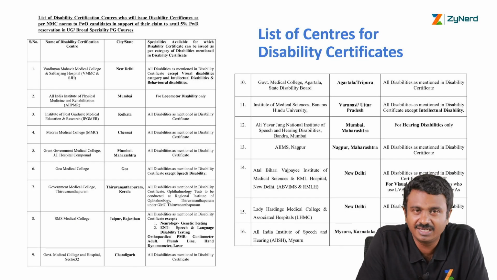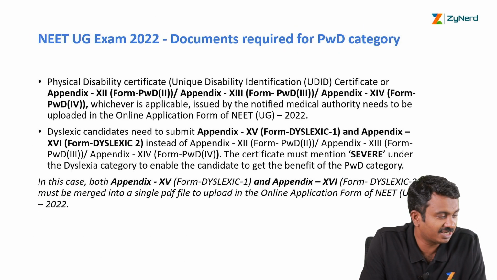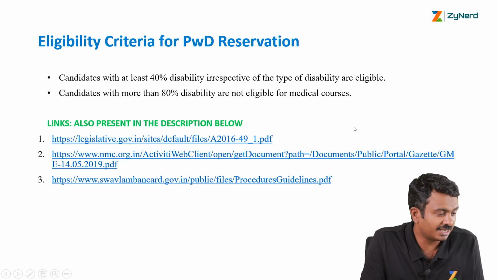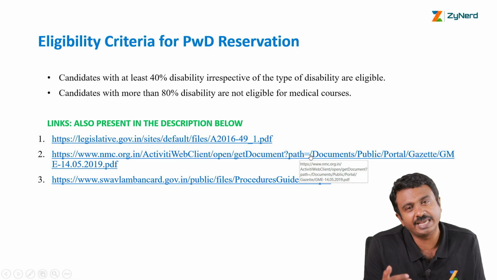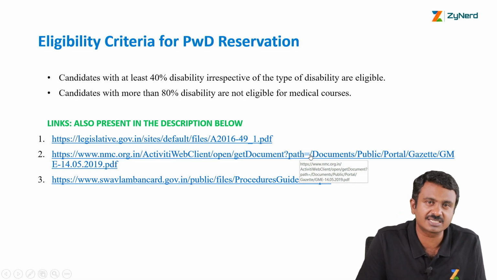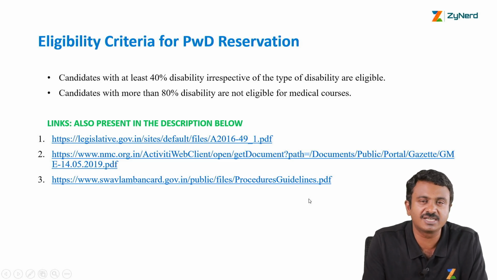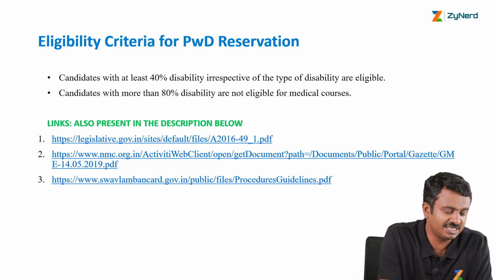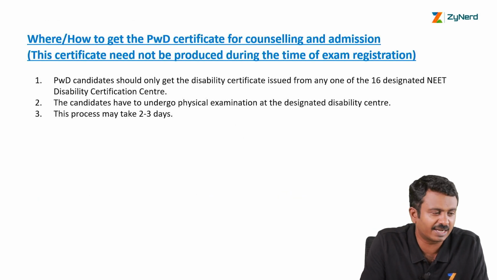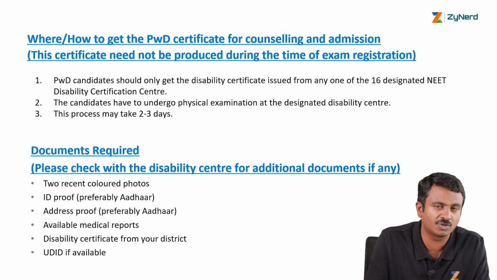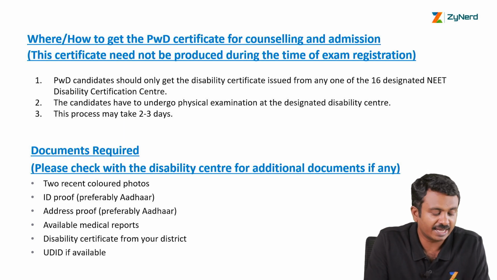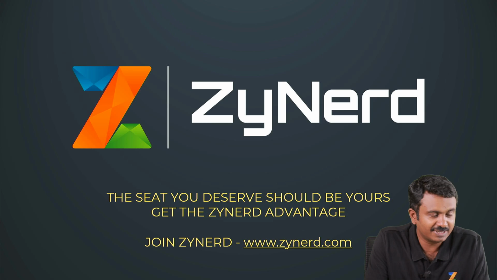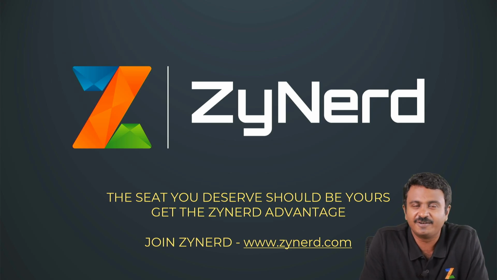Hope this is very clear regarding PwD. We have also mentioned all the links over here, one on the Gazette order on PwD for MBBS as a course, and also the entire procedural guidelines on evaluating PwD: how the percentage of disability is evaluated, how multiple disabilities are evaluated, etc. Everything is in these links. You can go through that, or you can contact a medical practitioner or somebody at the designated center who is going to evaluate you, to check whether you are eligible and apply as PwD in the exam. All the best, keep working hard, and we sincerely hope that your hard work results in the best seat for you. All the best.